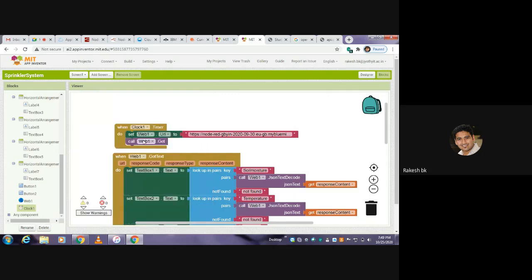Next, where do you want to fetch that data from? You have to fetch that data from the web, that is with the URL. So the URL is the Node-RED URL, which is what the user interface shows. I've just shown it, you can see the sensor data. So if you copy this and paste it onto a new tab, we'll do that.